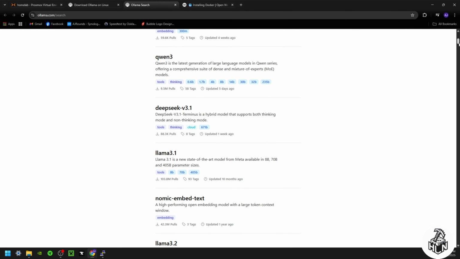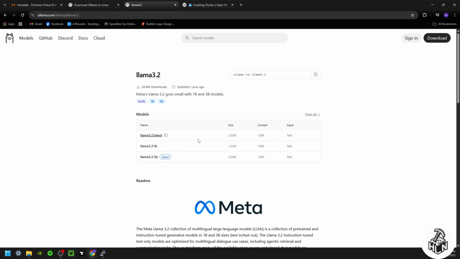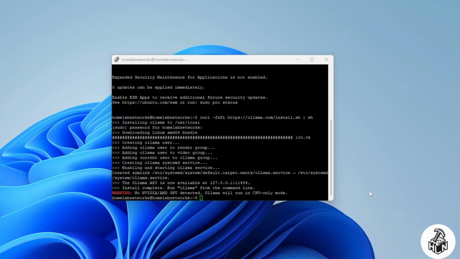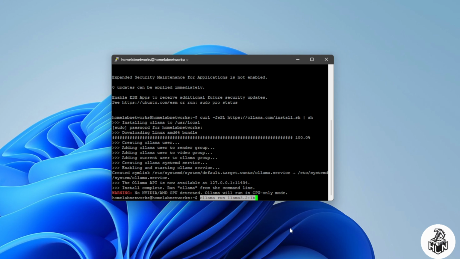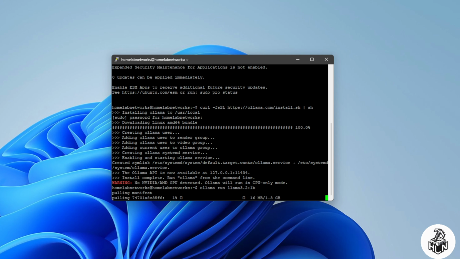When installing these Ollama models, this can take some time. There was one model that took about 20 minutes all up. So these are big files. Like this is a small file, it's only 1.3 gig, but you can get them up to 3, 4, 5 gigabytes. So once Ollama has downloaded and installed itself on your server,